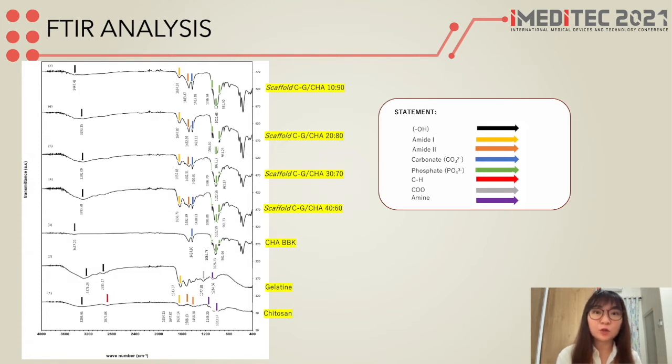The composite scaffold with 4 different ratios show the presence of the same functional groups, namely the hydroxyl, amide 1, amide 2, carbonate, and the phosphate group. The presence of hydroxyl, carbonate, and phosphate functional groups indicate carbonate hydroxyapatite involvement in the scaffold. The involvement of gelatin is characterized by the presence of amide 1. The involvement of chitosan in composite scaffold is characterized by the presence of amide 1 and amide 2. Amide 1 and amide 2 contains carbon and nitrogen groups that show the cross-linking between gelatin and chitosan, which form the interconnectivity of the scaffold.